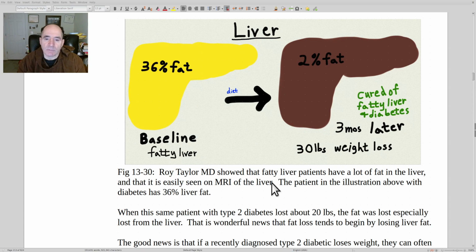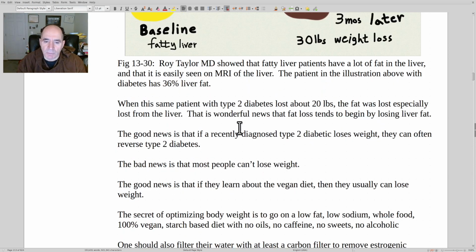Whereas this guy's saying almost all of his type 2 diabetics who had it less than 4 years, suggesting they still had intact ability to produce insulin in the pancreas, they all got better. And then he would recheck to confirm that, yeah, they had been able to clear the fat out of the liver. It tends to come out of the liver first because the liver is so metabolically active.